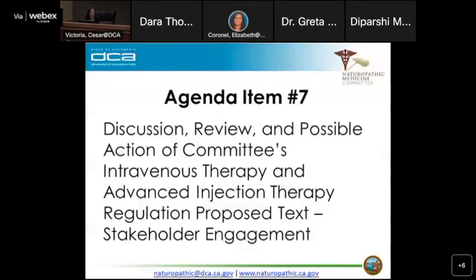Finally, it was suggested that for the safe and effective administration of IV and advanced injection therapies, NDs should be allowed to independently administer IV diphenhydramine. This is currently allowed for NDs providing the COVID-19 vaccination independently under Governor Newsom's waiver. Since this cannot be gained in a regulatory change,